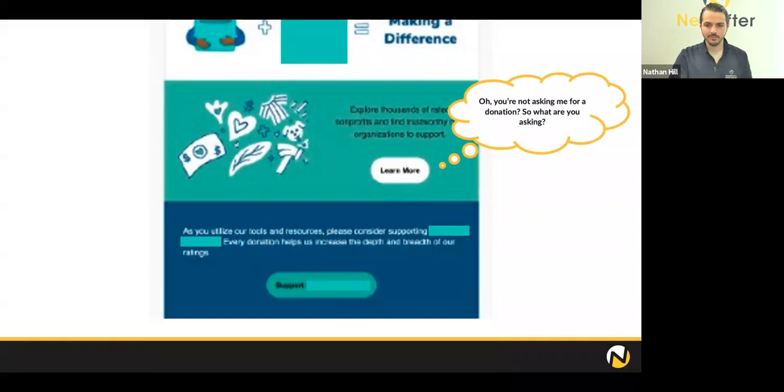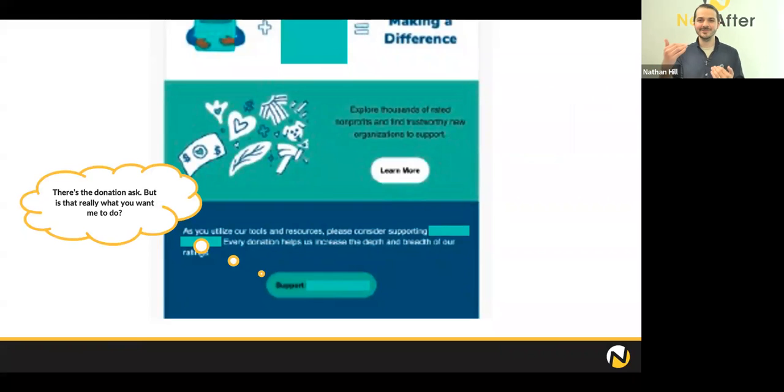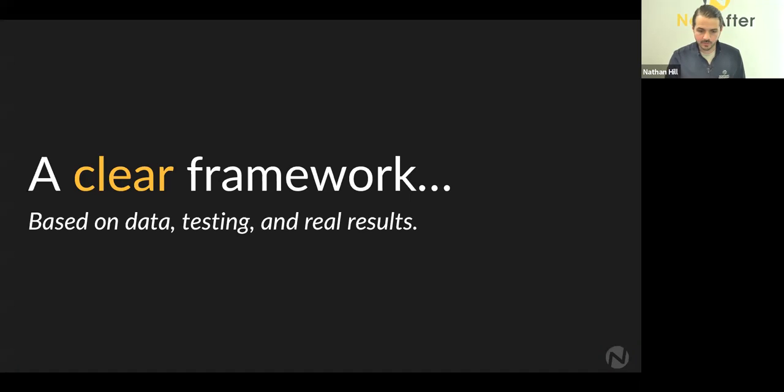And then I get to this point, I'm like, okay, I think I get what you're actually asking me to do, finally. Which is to give. So there are 2 different calls to action, and it's finally here. Now with two different calls to action, I've been confused, I've reframed my mindset, and now you're asking me to do two different things. And now I'm going to opt out because I don't really know what's valuable or what's important. So the reason I share all this with you is not just to rag on some sort of email,